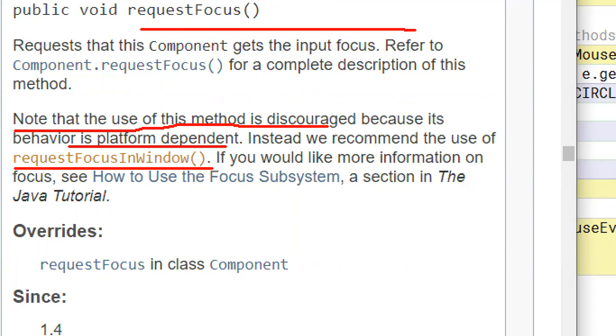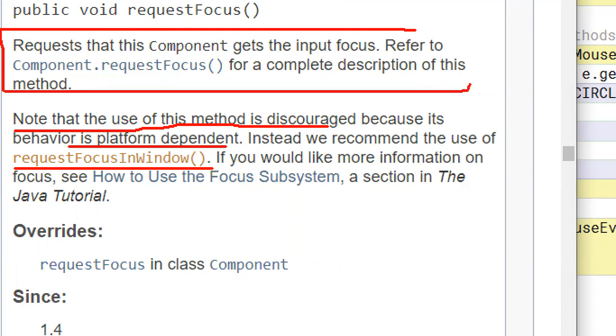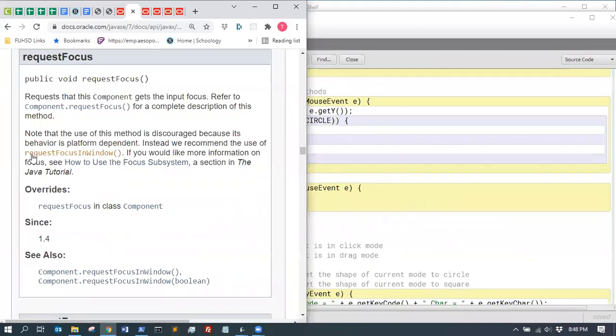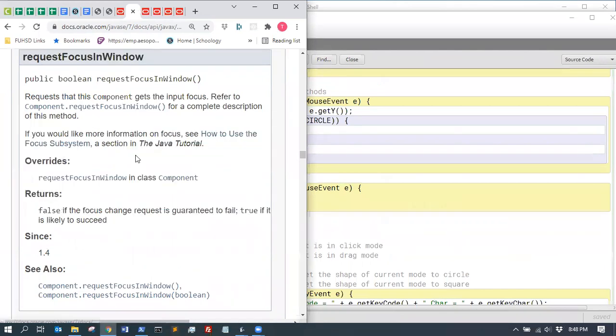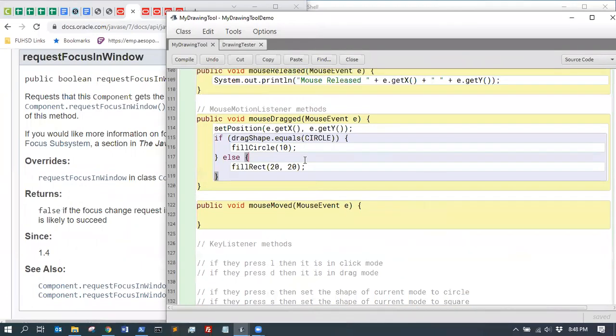So again, this requests that it be in focus, right? So that it will get input from the keyboard. But it's saying we should use request focus in window instead, and then it refers you to some more you could read about. But I think that's enough for us to know that we need to use request focus in window. All right, so then